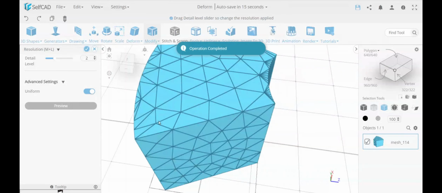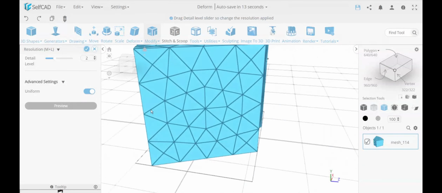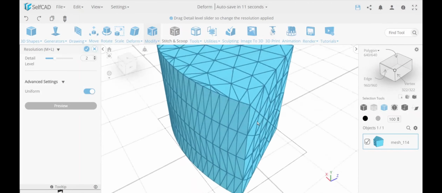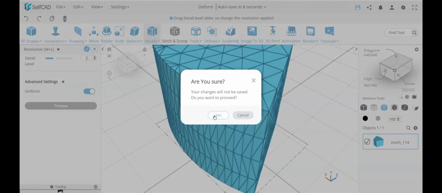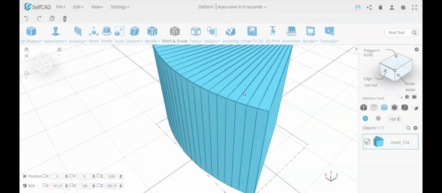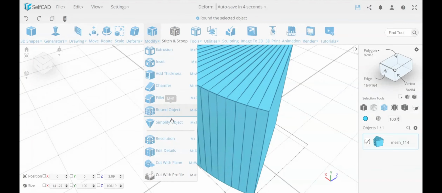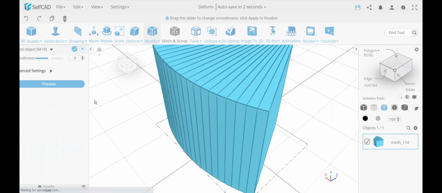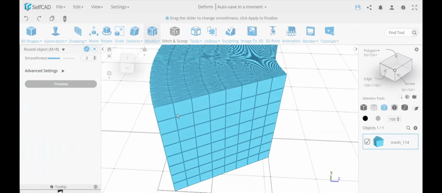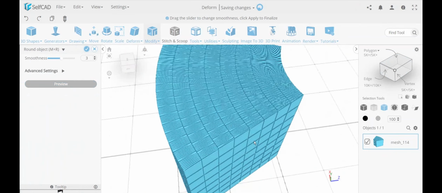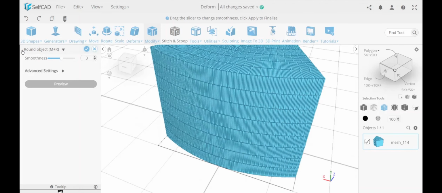If I keep it as uniform as it can be, almost equal amount of faces, I mean, equal sizes for each face. But if I go to round object, again, this will just make it way complicated, and these become much smaller. So that's why this is not used for a basic way. It's usually used only for smoothing objects, like the idea of what we call round objects,